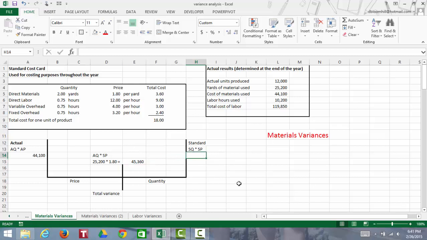Now we have to calculate the right-hand prong. So to calculate the right-hand prong, notice we know the standard price as $1.80. The only thing we do not know is the standard quantity. So now let's go over here and see how we calculate that standard quantity